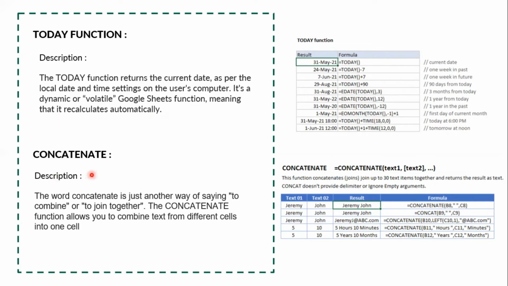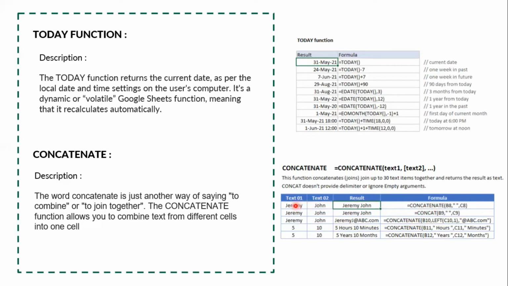Next function will be concatenate. The word concatenate is just another way of saying to combine or to join together. The concatenate function allows you to combine text from different cells into one cell. So in this case, you have 2 cells with 2 different words, but you want to combine them into one cell. You can simply type in equal concatenate, choose